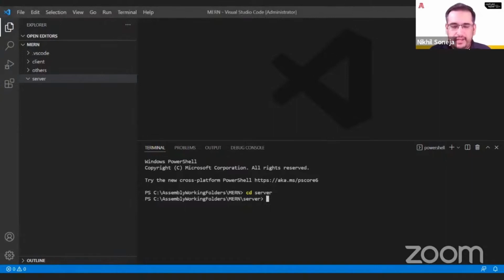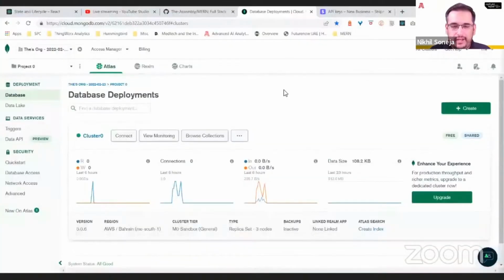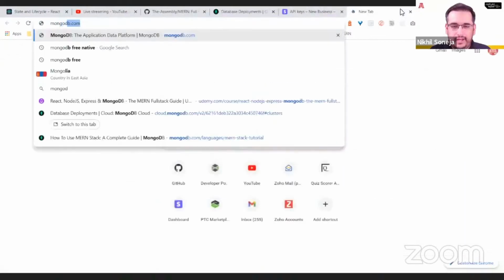Okay, yeah, so coming back, so this is your MongoDB interface. If you go to MongoDB and you just type MongoDB,